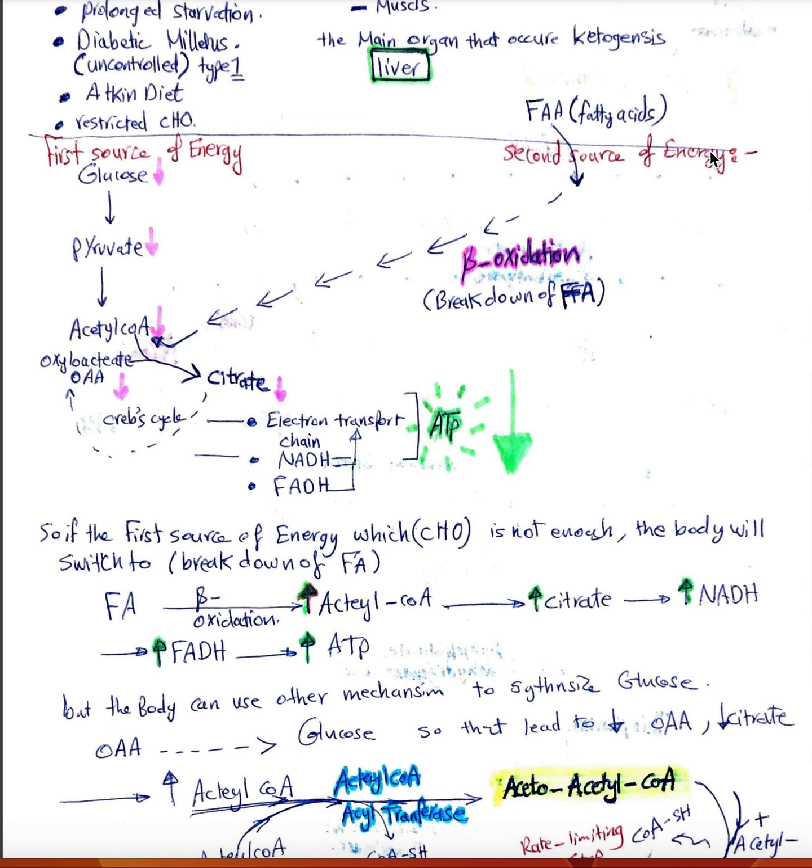So we have the free fatty acid, then the beta oxidation of the free fatty acid, which is a breakdown of the free fatty acid, and again that leads to the formation of acetyl coenzyme A and the production of ATP. Now we understand why a decreased glucose level in the blood turns the body to another source of energy, which is the use of free fatty acid. But now we want to know what these ketone bodies are.